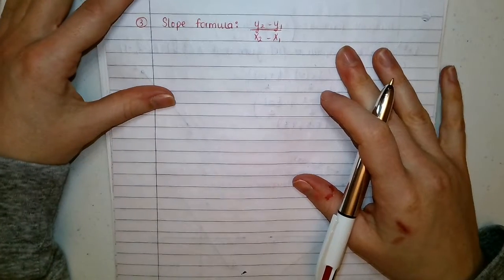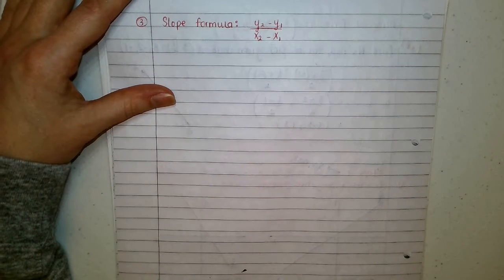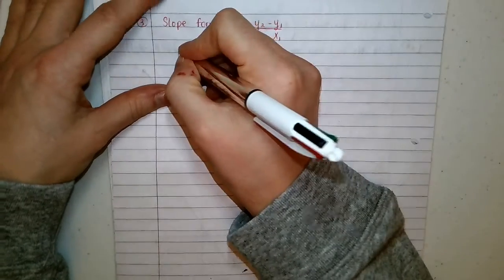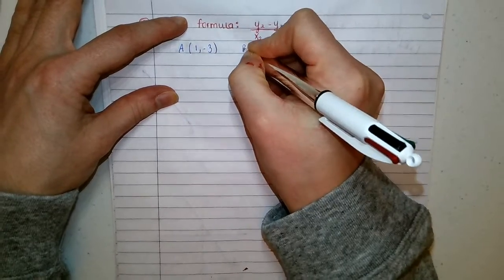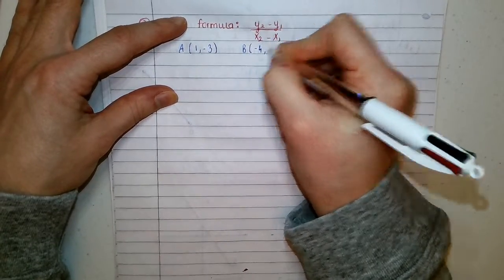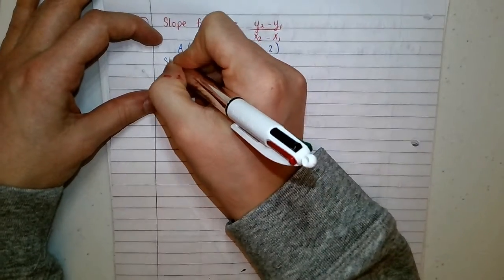Okay, so the slope of that line is actually 3 over 2. Looking on to the slope formula, it's given to us as y2 minus y1 all over x2 minus x1. So given 2 points, A, which is (1, -3), and B, which is (-4, 2), we are going to find the slope of the line